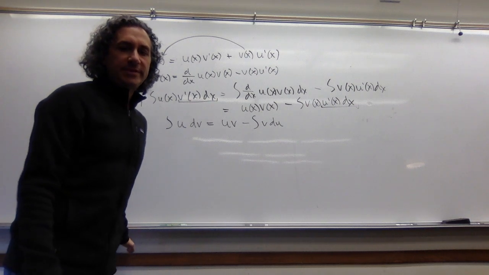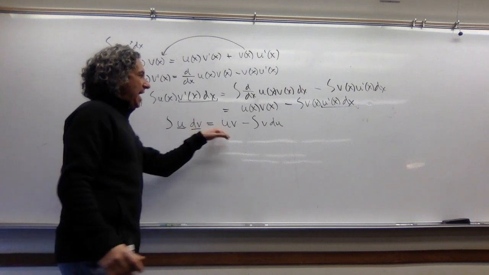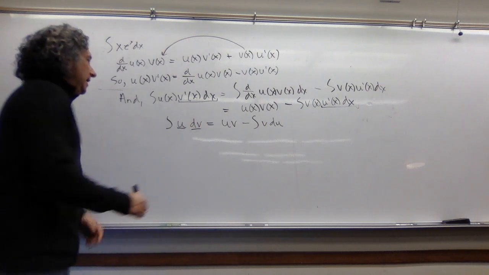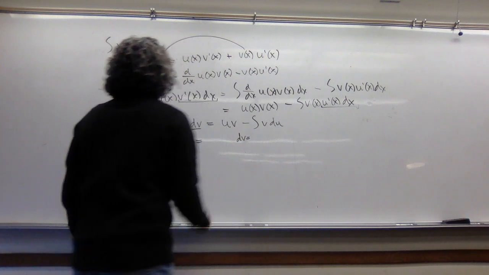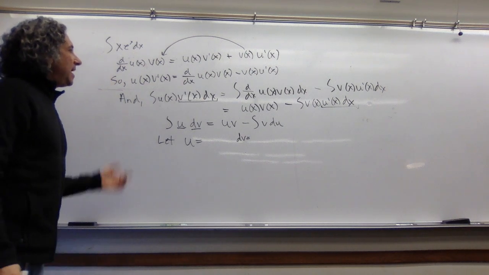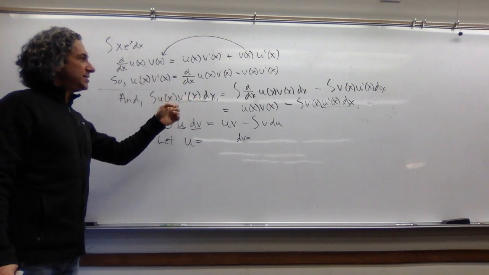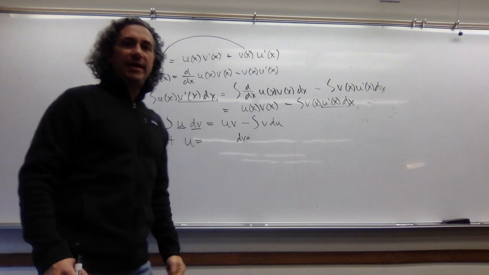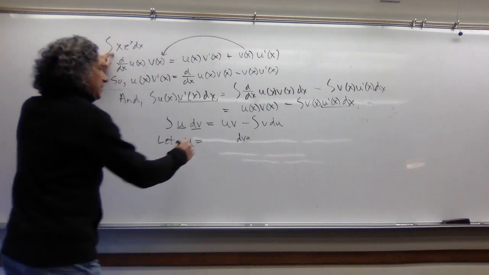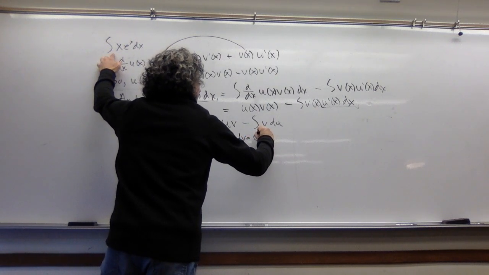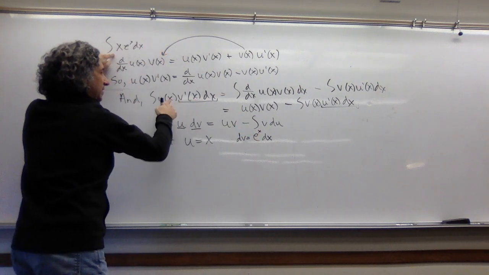So how would this work in our particular example? Basically, I need to decide u and dv, and then I'll plug it into my formula here. How do I decide this? What I'm going to do is let u be the thing and dv be the thing such that u prime times v is easier than the original product here. So if I let u equal x and I let dv equal e to the x dx, again, I'm matching up my parts visually. It should feel like u substitution.